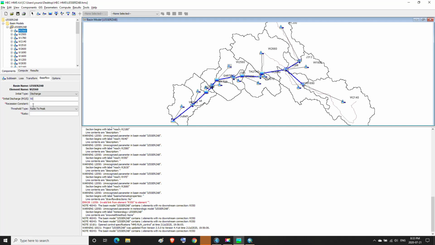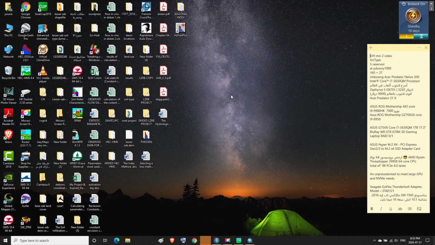In the recession constant, we select the value that was pre-calculated in the previous parts inside the Excel file titled Results of Calculation of the Constant Recession and Related Parameters.